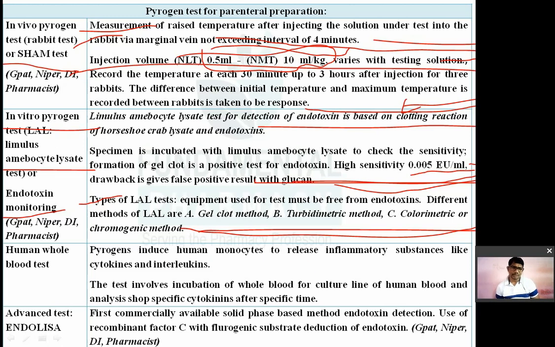Then there is another test known as the whole human blood test. Pyrogens can induce release of chemicals like inflammatory substances. So pyrogens induce the human monocytes to release inflammatory substances like cytokines, interleukins. So measurement of these inflammatory chemicals is done in this test. The test involves the incubation of whole blood culture with the human blood, analysis of specific cytokines after a specific